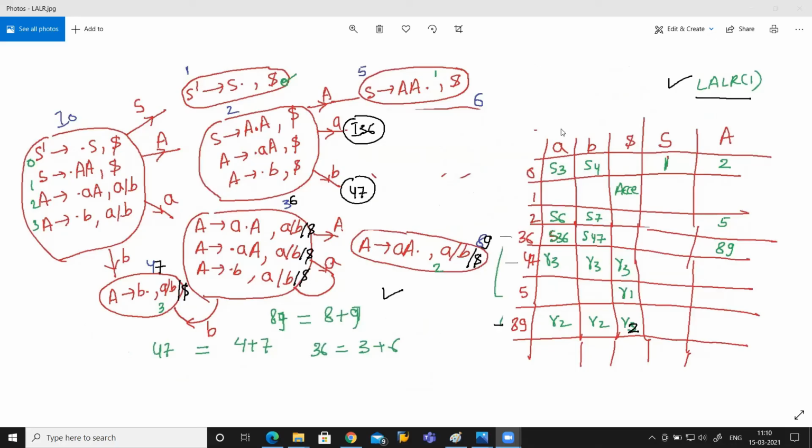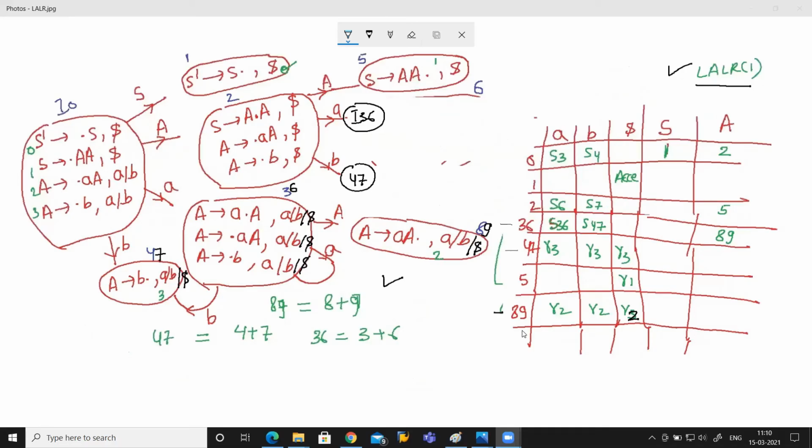Okay. Now this is the diagram we have for LALR1. See, 0 is same, 1 is same, 2 is same. Now I've merged 3 and 6. Because I have merged 3 and 6, the shift will become S3 and 6. Earlier it was S3 and S6, in different states you had the shift. So I merged these two, and here only 8 was written. Now it has become 8 and 9 because you have merged 8 and 9.